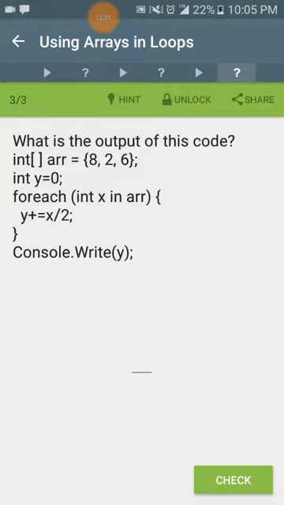What is the output of this code? int[] r = {8, 2, 6}; int y = 0; foreach (int x in r), and then in the body of the foreach loop we have y += x / 2; Outside of the foreach loop we have the statement Console.Write(y);